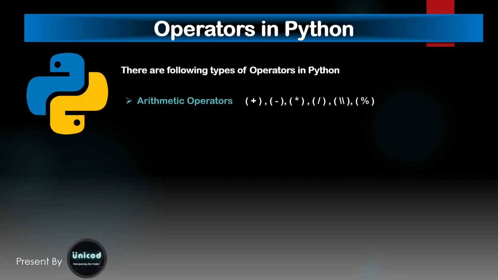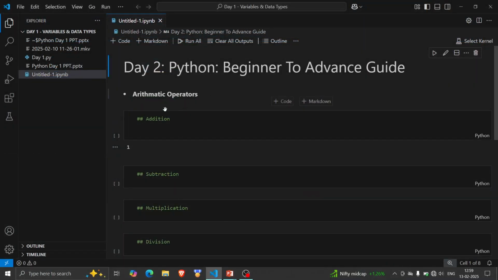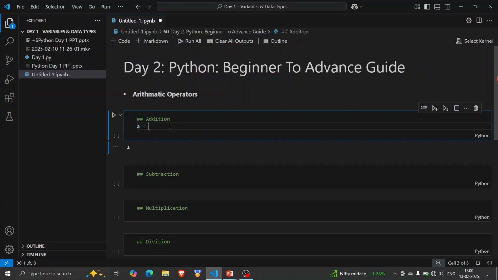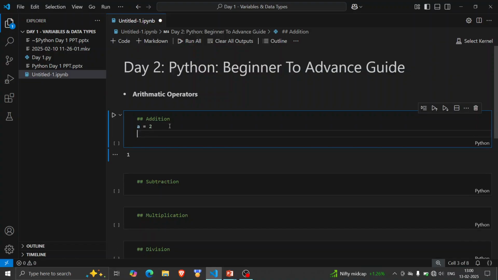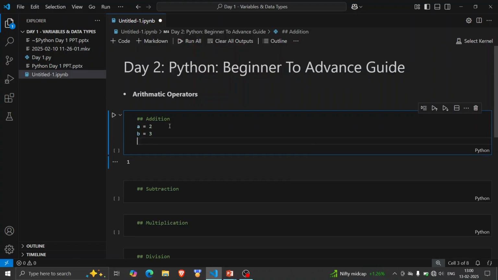So first we will see how we can perform arithmetic operations in Python. These things are really easy, so I will cover them quickly. We don't need to dive in very much. Let's see. I have a variable, let's say a, and it has a value 2, and b is equal to 3.